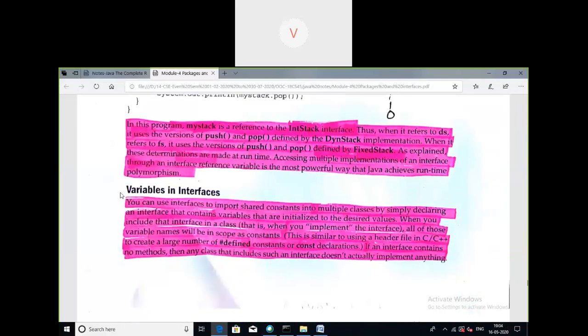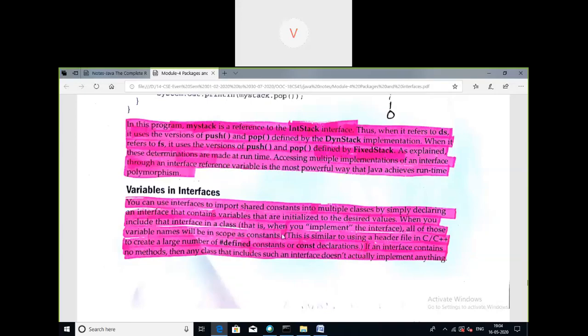Like how a class can have data members or variables, interfaces can also have some variables, but there are some special features of the variables present in interfaces. That is, the variables are constant. We cannot change the values of the variables present in interfaces. It is like how we use hash defined constants, or how we use the const qualifier for defining constants in C.